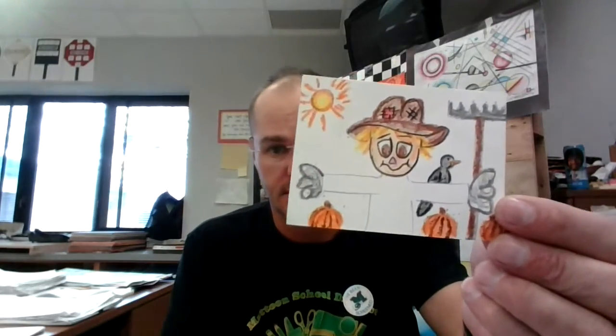Ooh, I could give him eyebrows. Nice. I'm outlining some facial features and outline the shape of his head. Outlining that. Now his shirt,